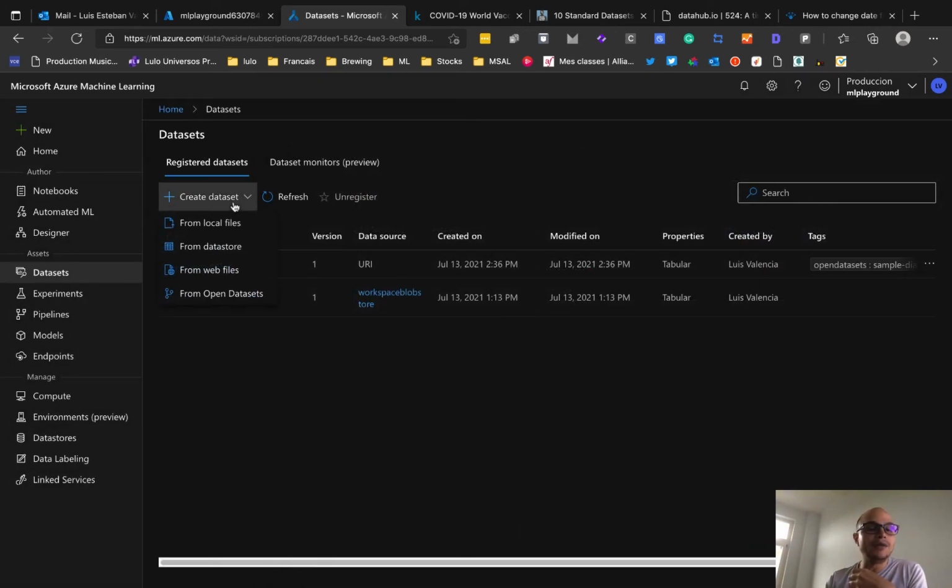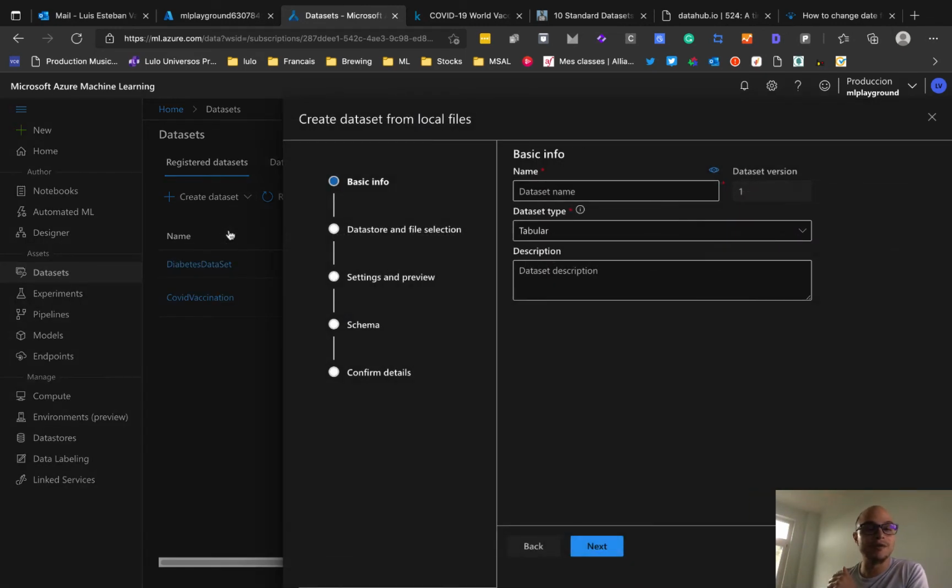And then you have the option from local files and from data store. From local files is a file that you have on your PC, but it's very important for you to know that when you use this option, the file will be uploaded to the blob storage container created by default by Azure Machine Learning. So when I select from local files,